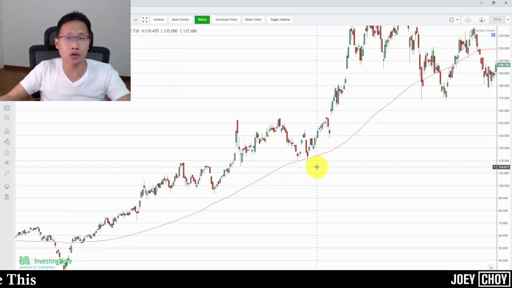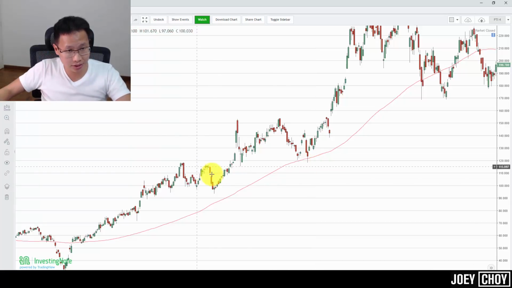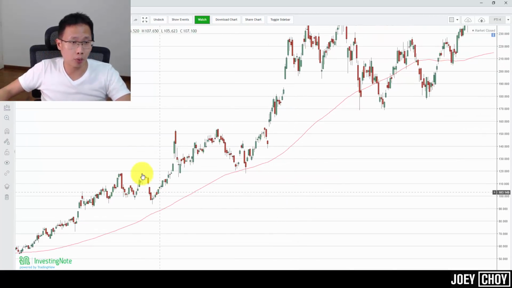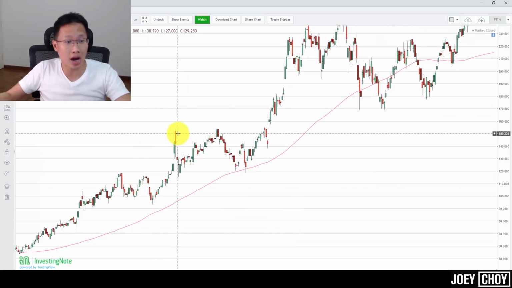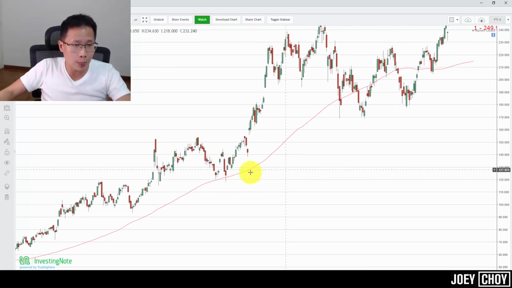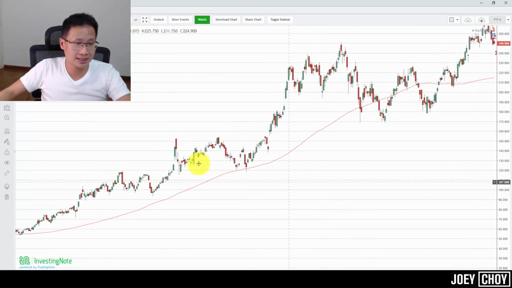I mean, it's in the uptrend in the mid to long term. All right, and that's a point whereby we want to think about buying on dips whenever it nears the moving average, or whenever it breaks out to a new high. So there are a few ways you can do it, but basically, in an uptrend, the price is above